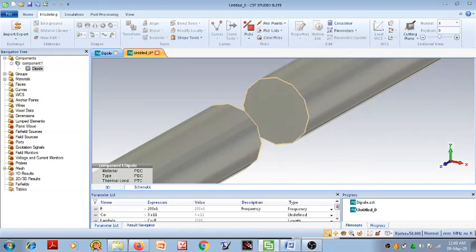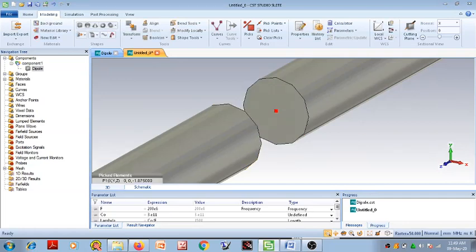Click on this, then click on this circle. When we choose the circle, a portion is highlighted by red line. So double click on this, the first point that has been selected, which is mentioned here.